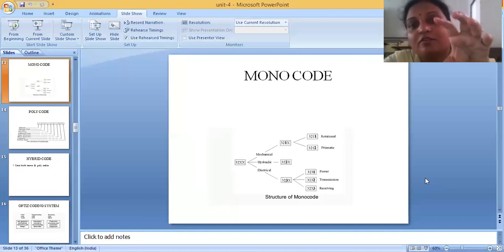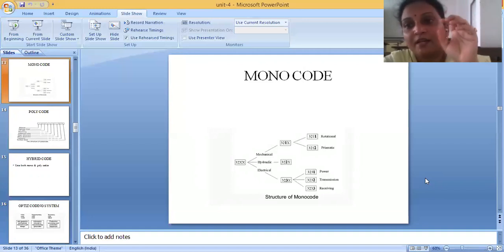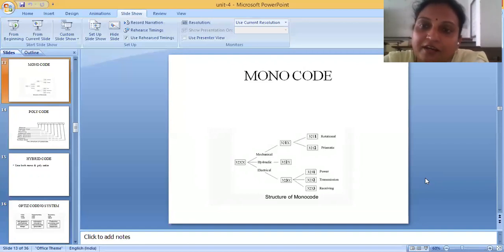Now, if you want to give some monocode to the student, here what we do is, we say this student belongs to St. Peter's Engineering College. Again, we have some classification, whether he belongs to ECE, mechanical, EEE, CSE, IT. So to which department does he belong? I assume he belongs to the mechanical department. So now we'll pick the mechanical department. In the mechanical department, again we have 4 years, first year, second year, third year, and fourth year. Now he belongs to fourth year. In fourth year, again you have two sections, A section and B section. He belongs to A section.